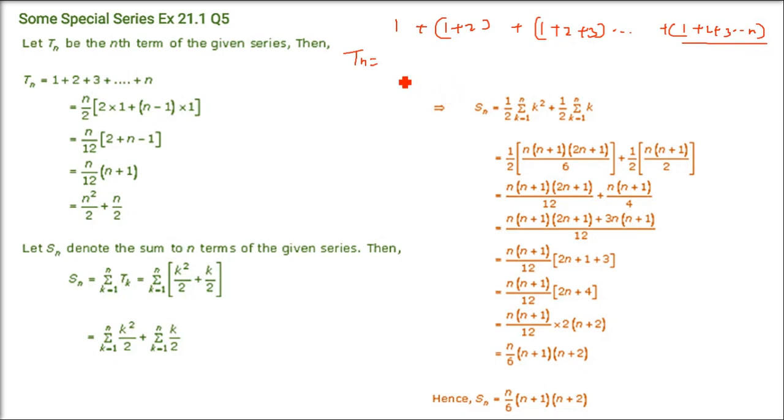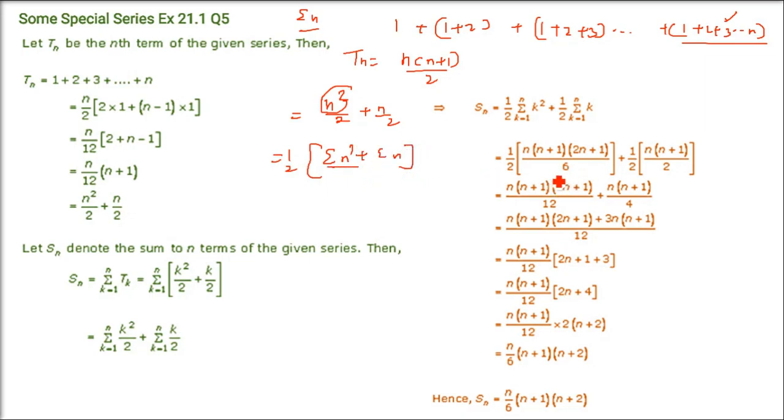Okay. What is 1 plus 2 plus 3 plus till n? We know that it is n into n plus 1 by 2. We already know sigma n is n into n plus 1 by 2. Okay. Sigma n you can find out, or if you want, you can use it as Sn equals n by 2 into 2a plus n minus 1 into d. A is 1 and d is 1. So n into n plus 1 by 2 is n square by 2 plus n by 2.